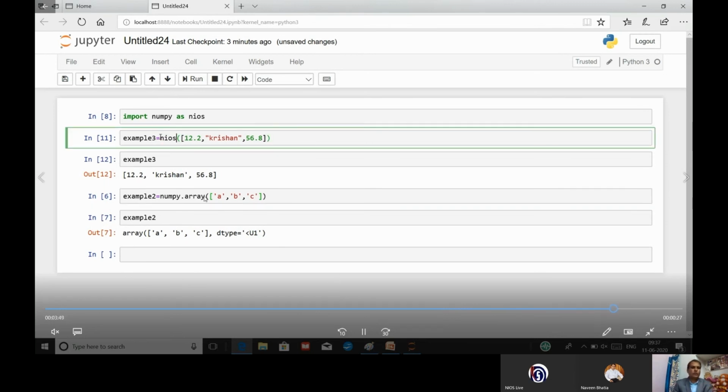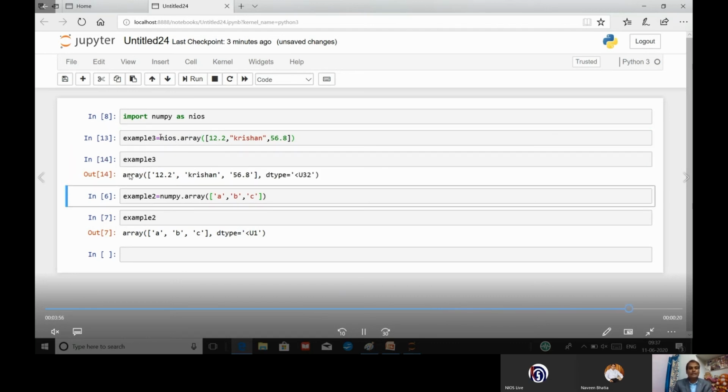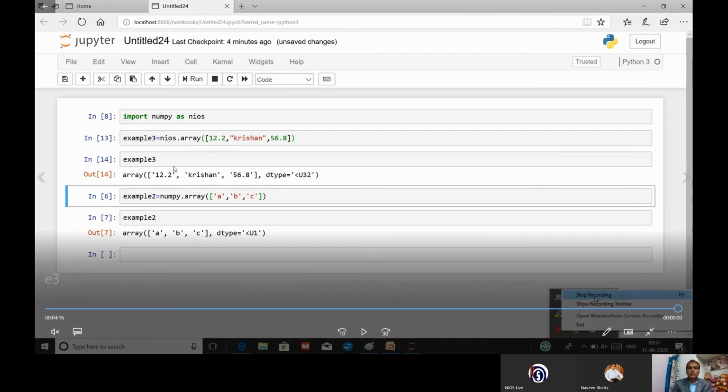Now you see, this is the variable name nios.array. Now you can see I have created an array. One more thing, the array is a homogeneous collection of data. Now you can see this is 12.2, this is 'Krishan' in inverted commas, a string value, and 56.8, a float value. But you can see when I created the array, all the values became string values.